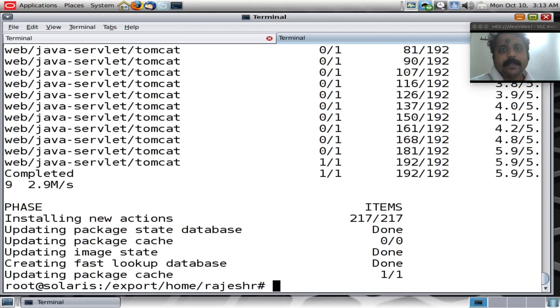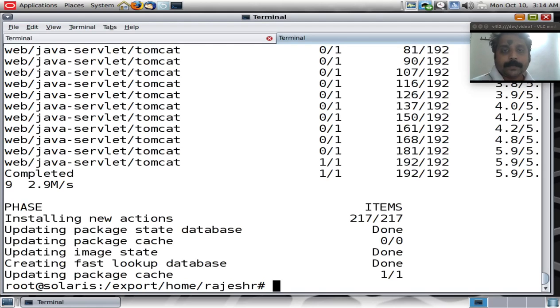And then we modify one SMF service, which is pkg/server, changed the inst_root property of that service to point to the export IPS directory where we had dumped the package. And then on the client machines, we had to change the publisher. We pointed the client machines to contact the new publisher, which happened to be the local repository, and bingo, everything just worked.